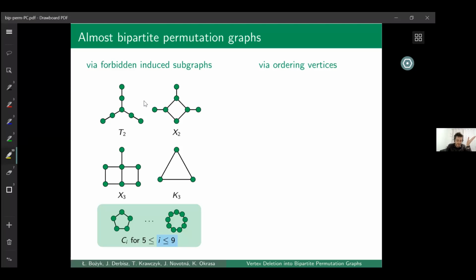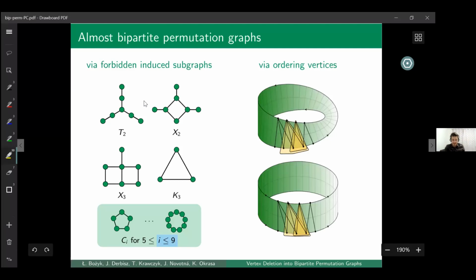So look what happens here. We are allowing long holes in our graph, but nothing else. Only long holes are what distinguishes between almost bipartite permutation graphs and actual bipartite permutation graphs. And it turns out that we can prove that when we get rid of those short holes and this 4 or 3